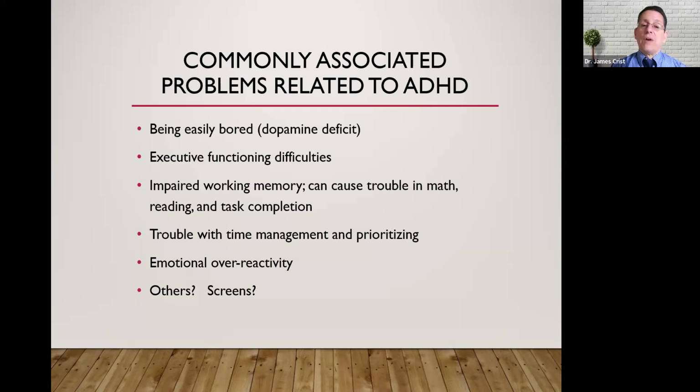Task completion is also involved with working memory. If a parent tells you to do maybe 3 things, you might remember the first thing, but you forget the other 2. And again, it's not like these kids are intentionally forgetting. It just doesn't stick in their short-term memory long enough. That's why things like lists and repeating instructions are so important, because they can't maintain it.